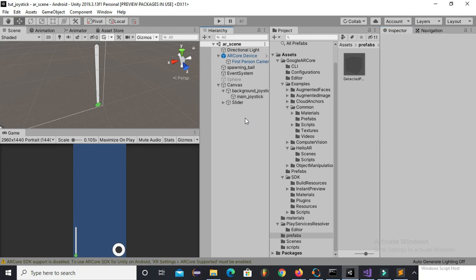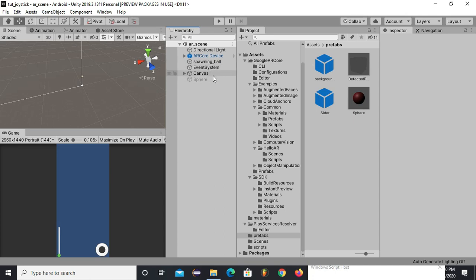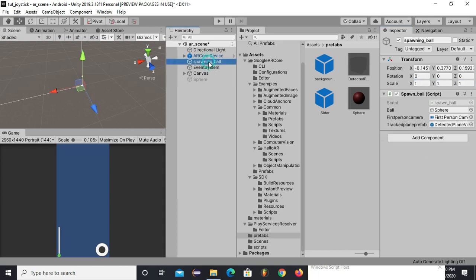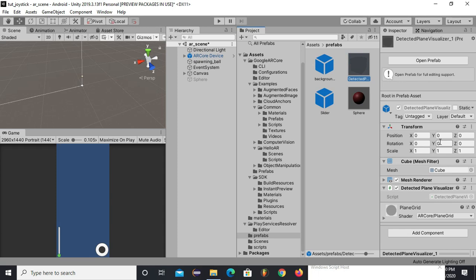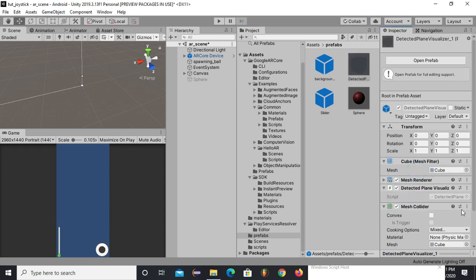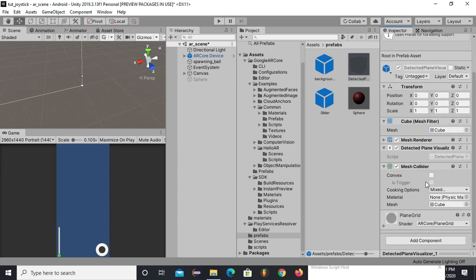And now everything is fine. Save this scene. One more thing we have to do is scale down this sphere game object, and now drag this sphere to the ball section. Now we have to attach a collider, because this ground plane will act as a ground surface, so it must have a collider because our ball will be a rigid